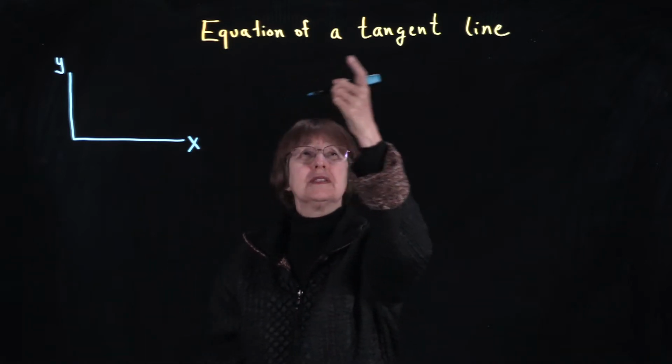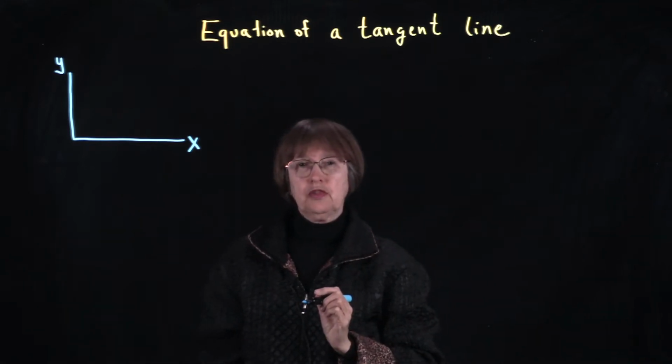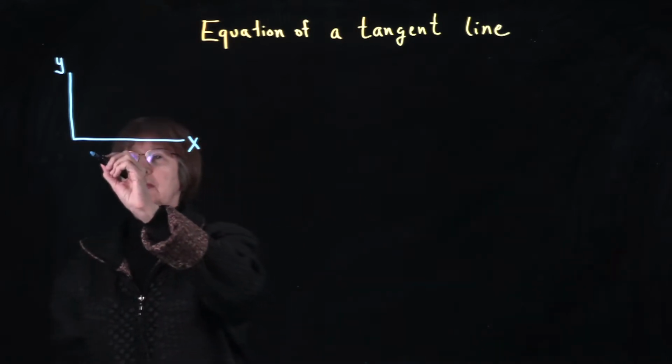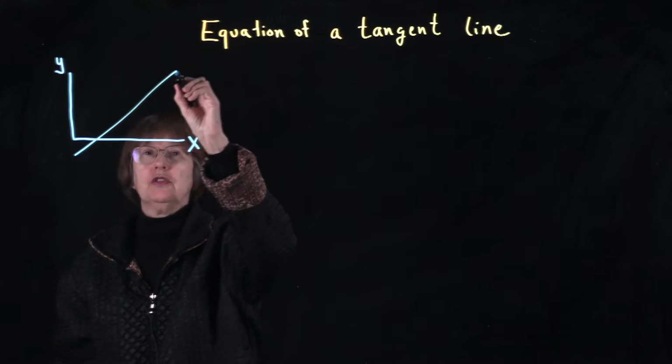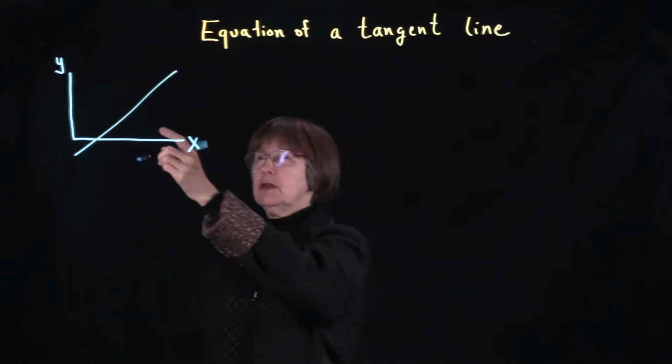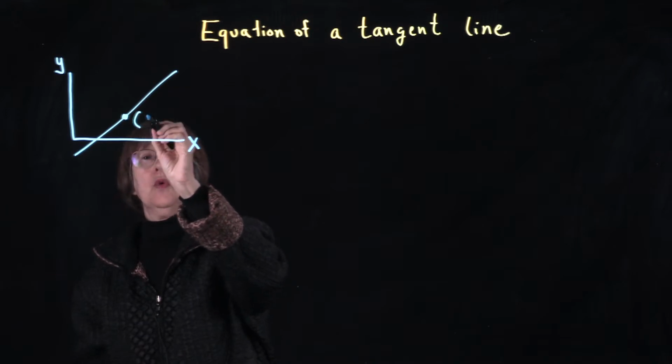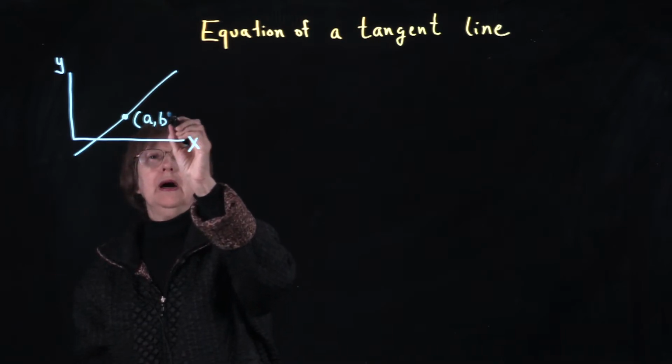In this video, we discuss how to obtain the equation of a tangent line in generic form. Let's first start out by remembering how we get the equation of any straight line. Here's a typical straight line, and suppose we know something about the coordinates of a point on that line, as